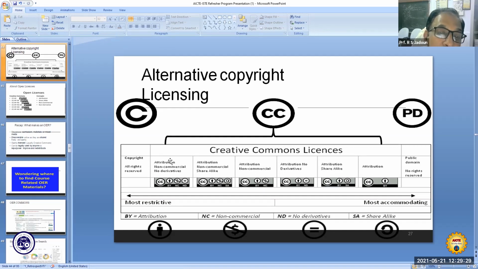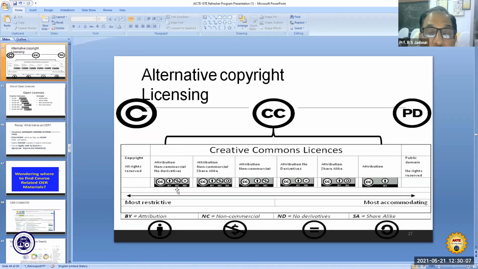First license, attribution, non-commercial, no derivatives. And attribution is given the letters BY. If you see anywhere this CC symbol, that means it is a Creative Commons license, and it is acceptable across the globe, so you need not worry. First thing. Second is that you see this BY, which is the attribution, and then you see NC.